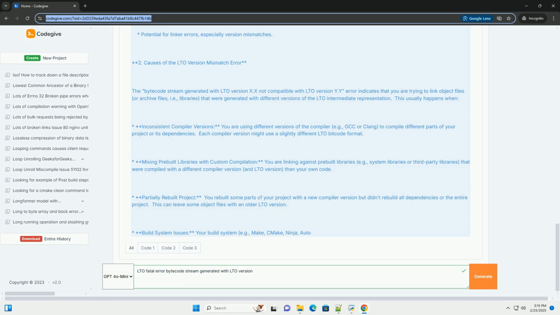5. Example code and demonstrations. Let's create a simple example to demonstrate the LTO version mismatch error and how to fix it. Scenario: we have two C++ files, main.cpp and lib.cpp, and we compile them with different GCC versions. Then, we try to link them together with LTO enabled. Steps to reproduce the error: